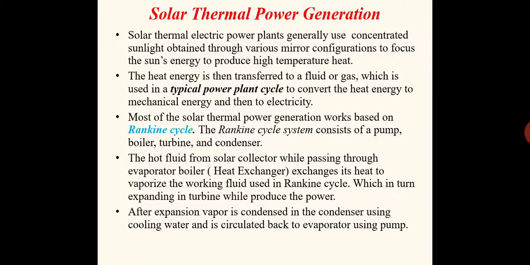Now the last system is solar thermal power generation. See, the power is generated from the solar thermal system. That is what is known as solar thermal power generation. In order to have the power generation, we must be depending on a basic thermodynamic cycle. Usually we will always be using the Rankine cycle for the power generation. The Rankine cycle you might have studied in thermodynamics. Rankine cycle will have the basic components